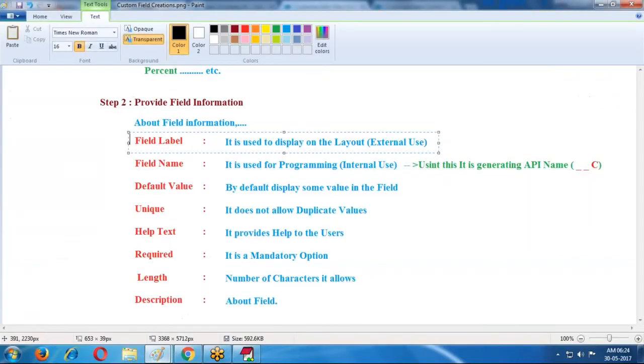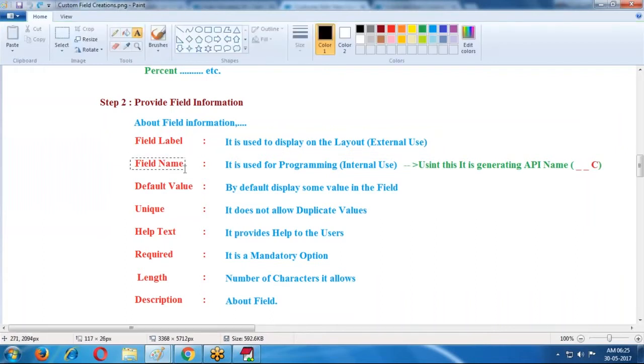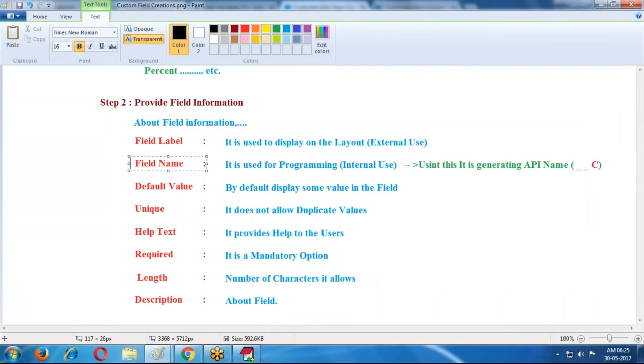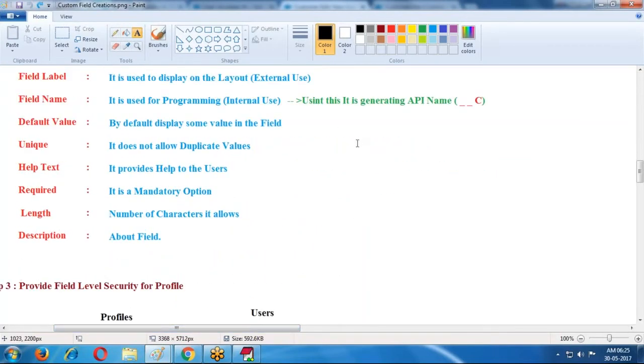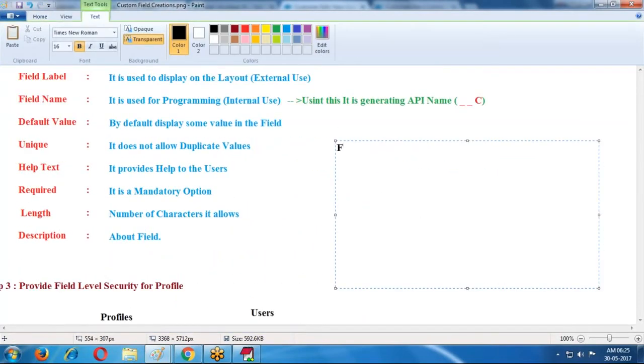What are the field labels? Field label is used to display on the page layout, and field name we are using for internal purposes. Whatever field name you are providing, API names are created for the field name. Suppose the field name is amount.